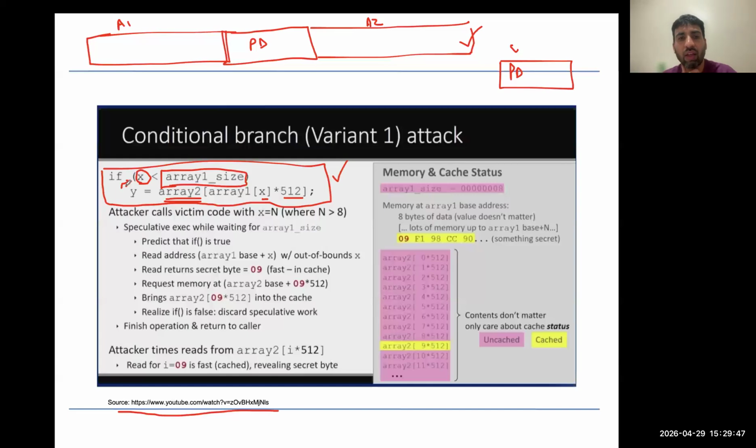Let's say array 1 of size is 100. So first you provide value of x equal to 1, then 2, then 3, then 1, then 2, then 3. You train the predictor. So predictor assumes that yes, this branch is always taken. Now, if this branch is always taken, once you have mistrained it, next time you provide a value which is